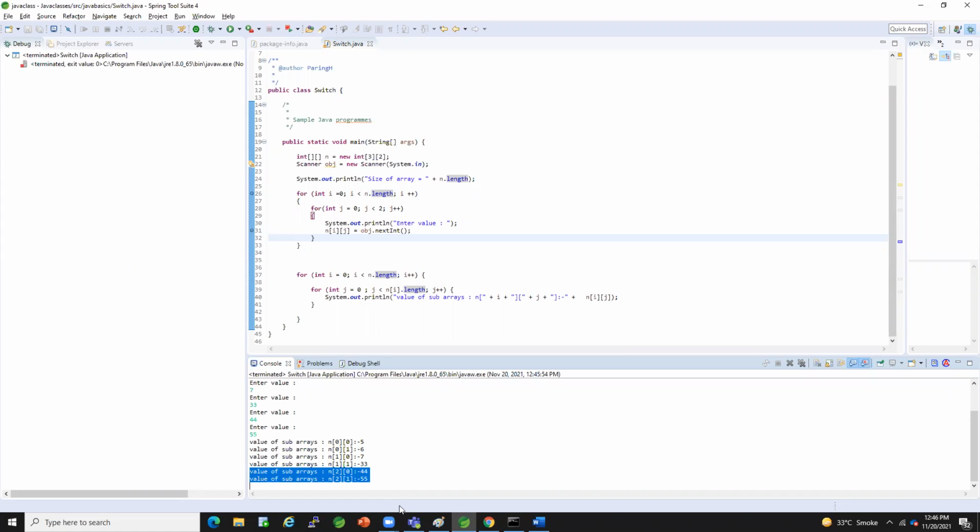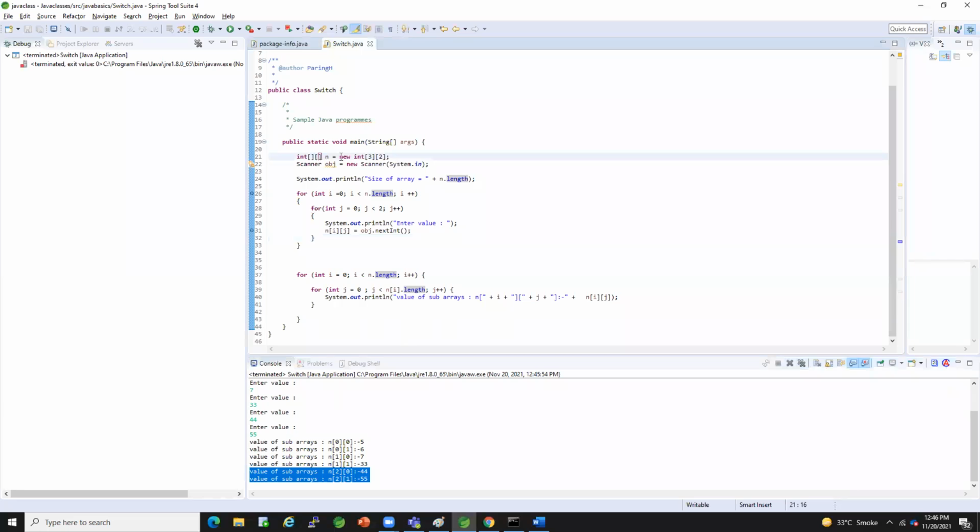Still confused? One last question, Chandu sir. Can you say the difference between n dot length and n of I dot length? Okay. N dot length is rows. What is n here? A multi-dimensional array which contains different arrays, right? So by default, when you say n dot length, it takes 3. N dot length is 3 rows. Now, when it comes to line number 39,